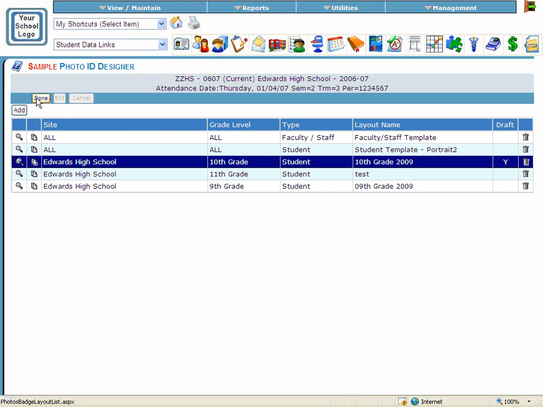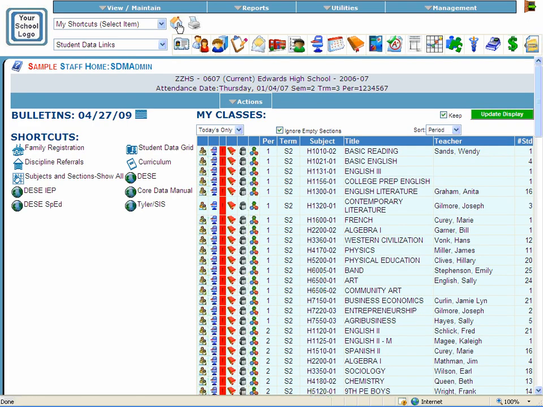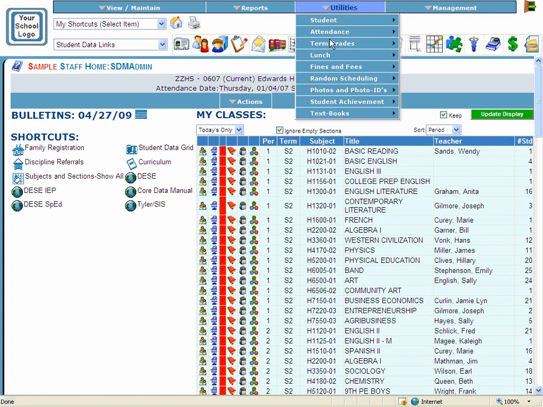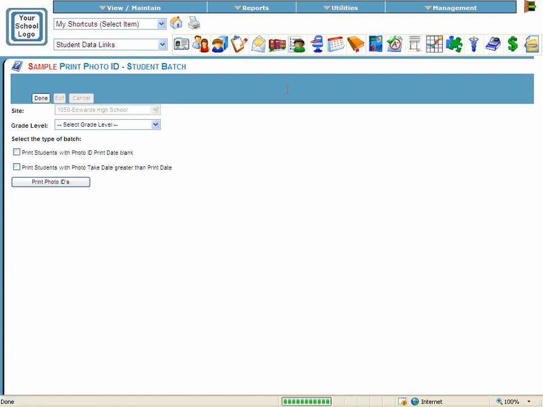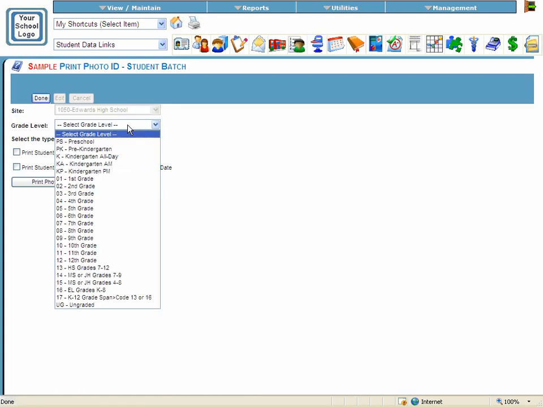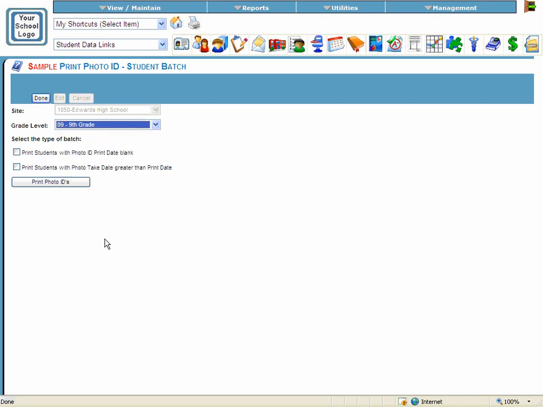The next thing we're going to talk about is printing photo IDs. We're going to go Utilities, Photos and Photo IDs, and then Print Photos, Student Badge or Faculty Staff Badge. I'll go ahead and do the student badge first. And what I have to do when I'm selecting the student badge is select which grade level I'm going to be printing for. If I want to print for all students with a photo ID print date blank, and that's looking at the student's user-defined screen,